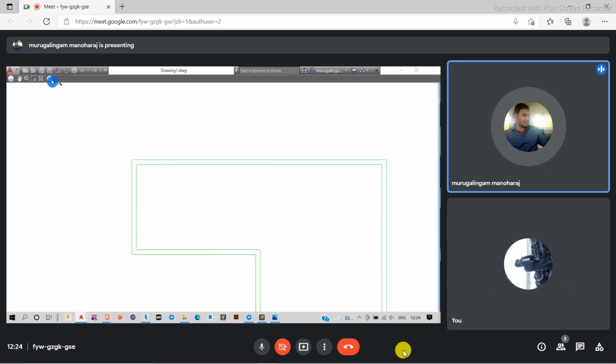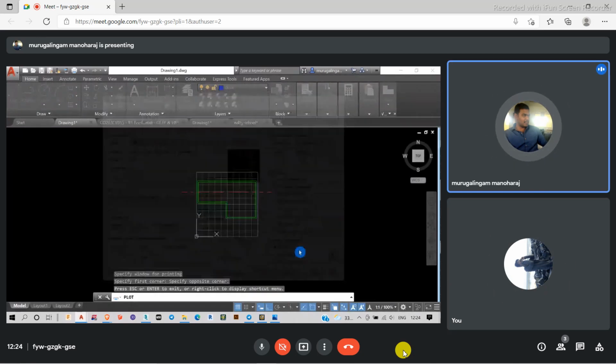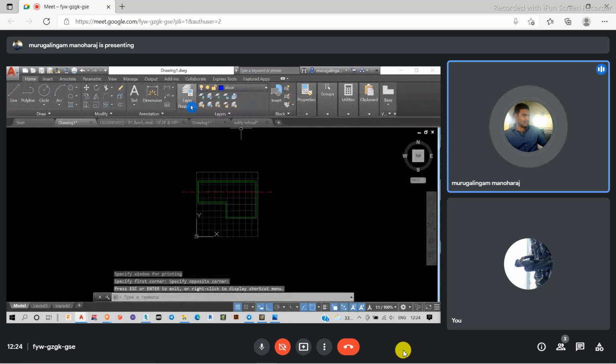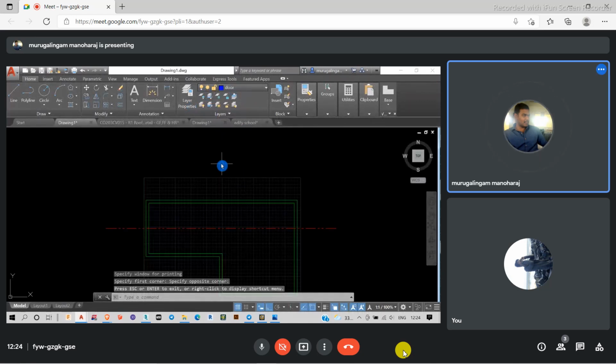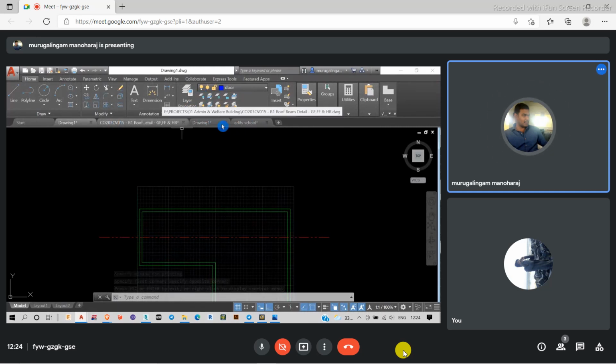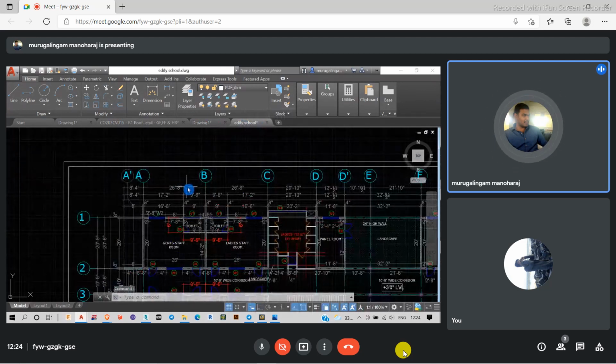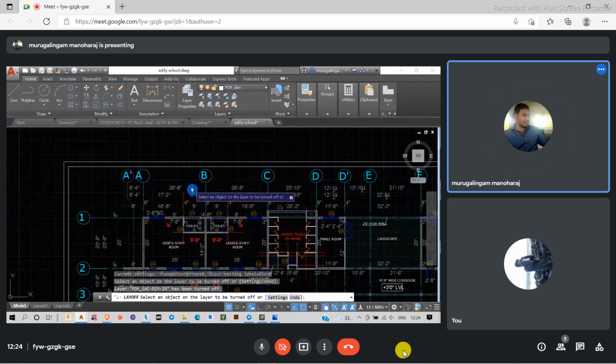So like that also I can use it here. And these are the other things which are available for me, the same option. For example, if I don't want this layout to be present, I can just click here and come over here. All these layers will be hidden for me.